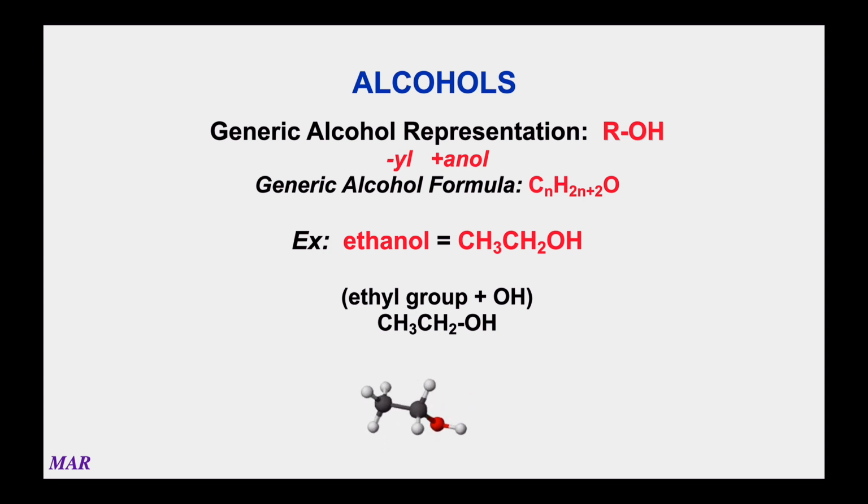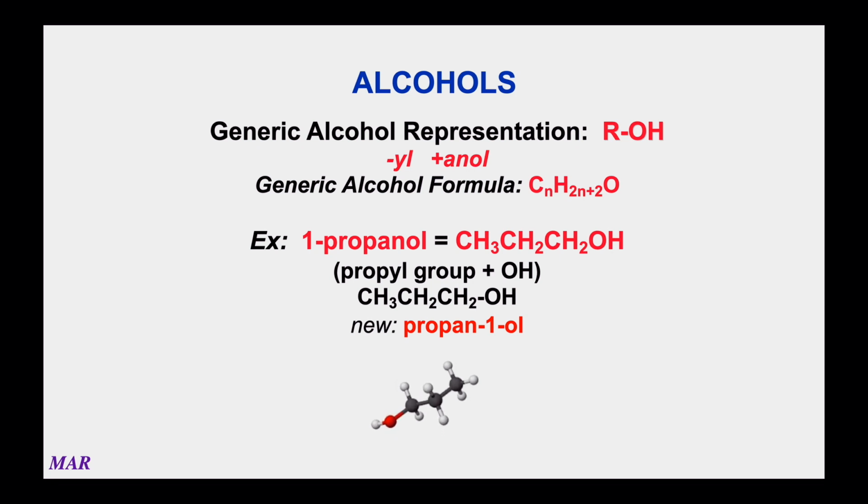I digress. Propanol is 3 carbons with an OH off the end of it. But notice there in the name, there's a 1 in front of it. All right, 1-propanol. And in organic chemistry, the alcohol group, the OH group, is actually really important for chemists. There's a lot of cool chemistry you can do with the OH.